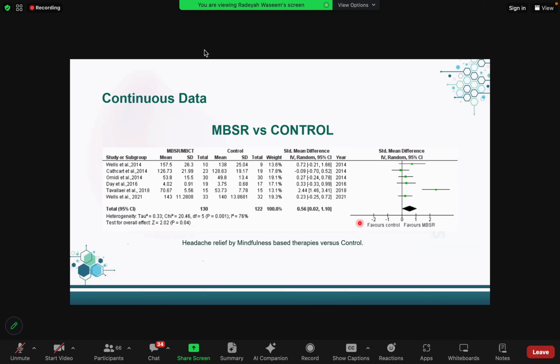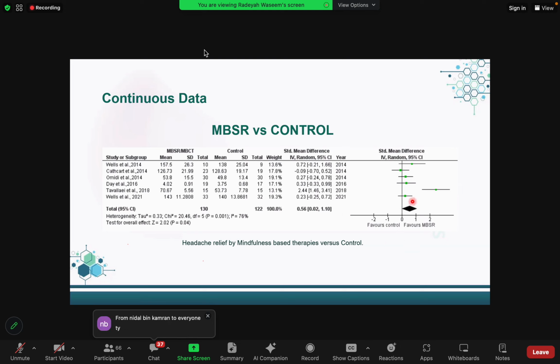Can you repeat how we determine significance by looking at values? Yes, Nidal, the first thing you look at is the p-value. If the p-value is below 0.05, that means your results are significant. Second thing, you look at the confidence interval. If both the limits, the lower limit and the upper limit, for your continuous data are positive, or if both the limits are negative, that means your confidence interval is significant. But if one value is negative and the other value is positive, that means your confidence interval is crossing the line of no association and becomes non-significant. Is this clear, Nidal?